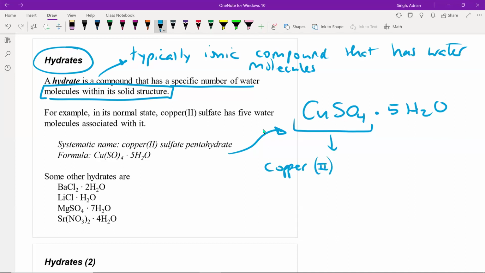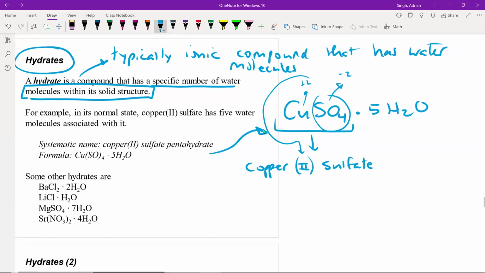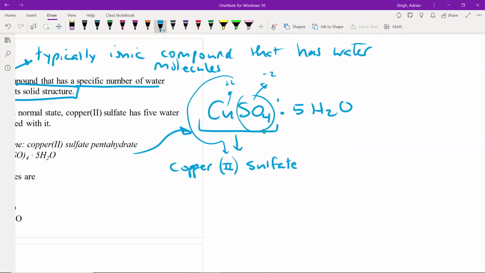In this case, it's going to have a charge of +2 because the sulfate here, sulfate is always -2, so the copper has to be +2. That's where the Roman numeral comes in. So copper 2 sulfate. And now the way that we rename the hydrate part of it, we name it